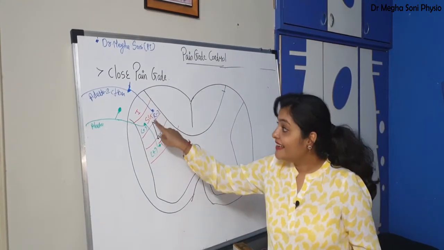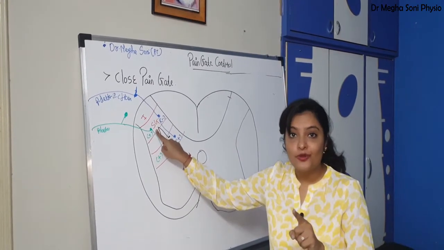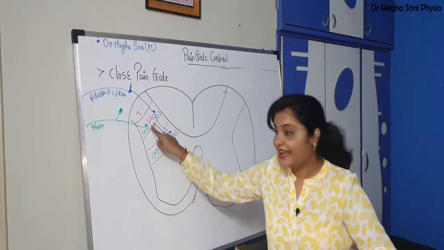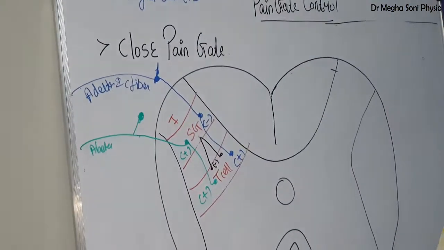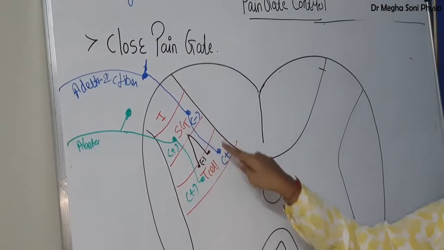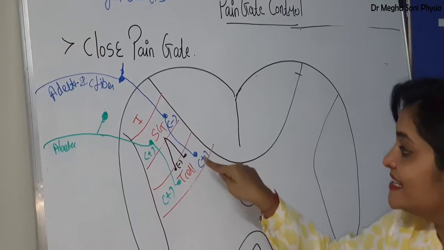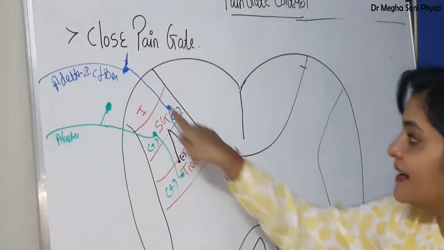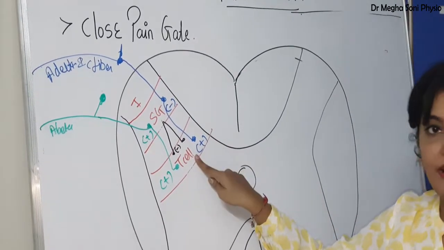Fine, but he unties Bahubali, and Bahubali knew that in the previous attack Bhallal Dev helped A delta and C fiber. Fine. So what will Bahubali do? Immediately he goes to Bhallal Dev and kills Bhallal Dev, and he stops A delta fiber and C fiber at this level. Okay, and he stops pain.